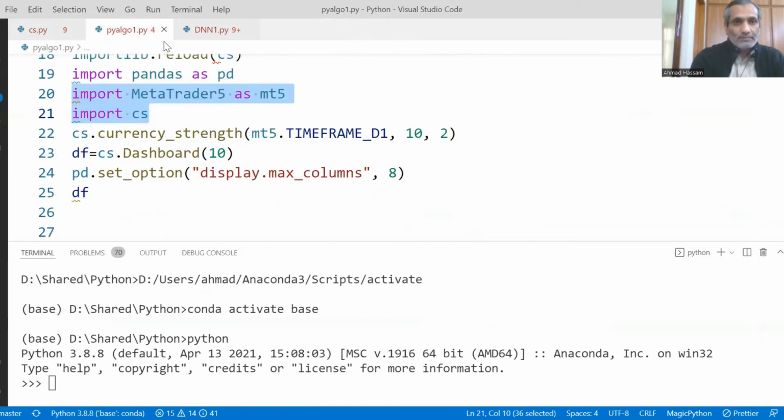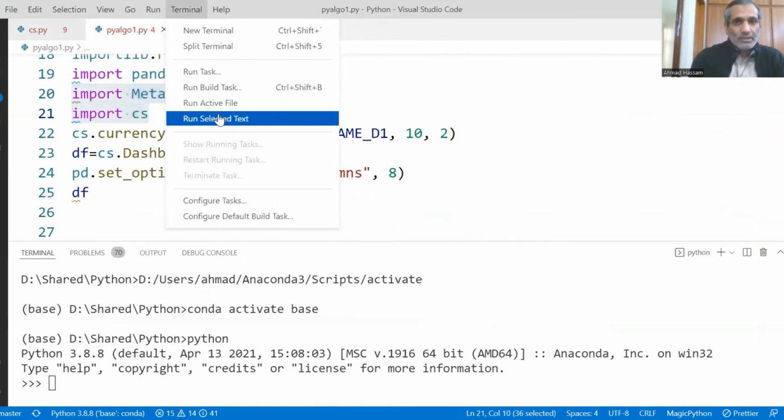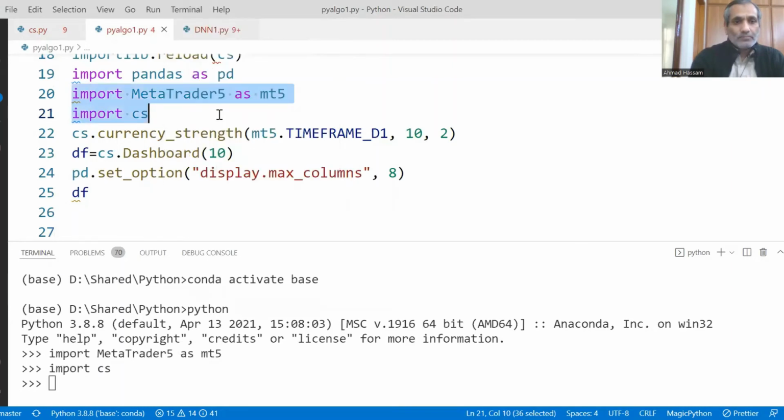So we will import it. We have just defined the function in that file. Python is going to import those functions for us. Now let's see currency strength for daily time frame, RSI period 10. This is yesterday's bar.